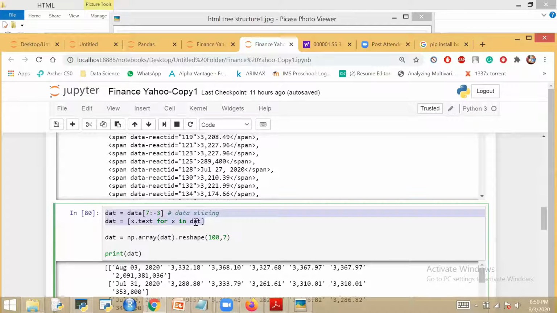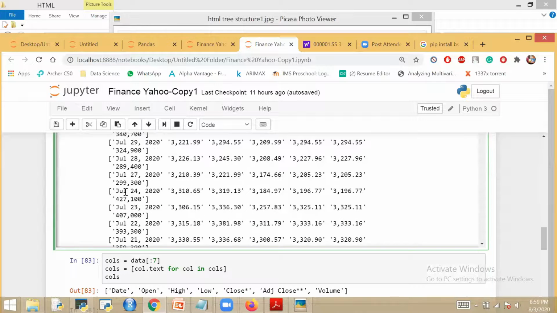When we got the text format, it came as a list. We want 7 columns and the length of the data should be 100, so I've limited it to 100 rows and 7 columns, converted into an NP array.